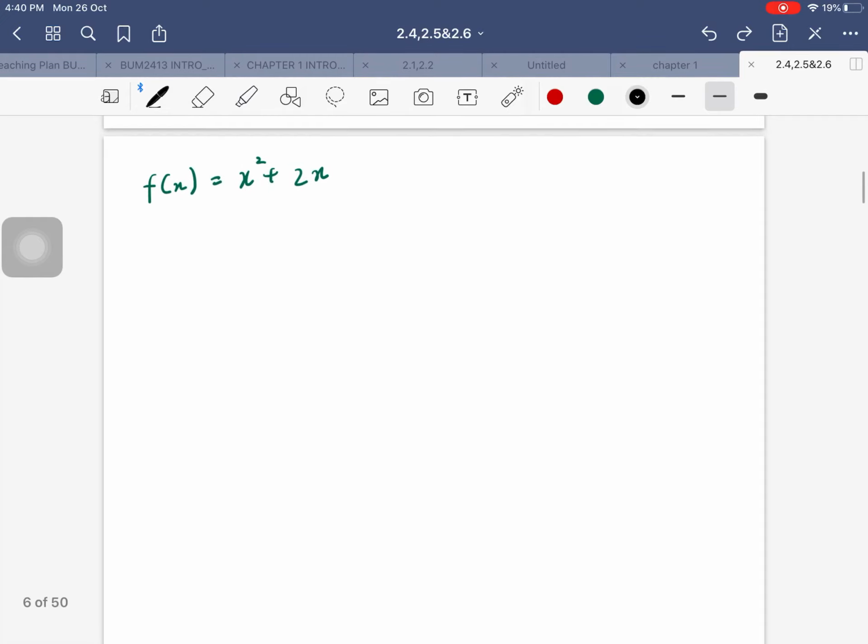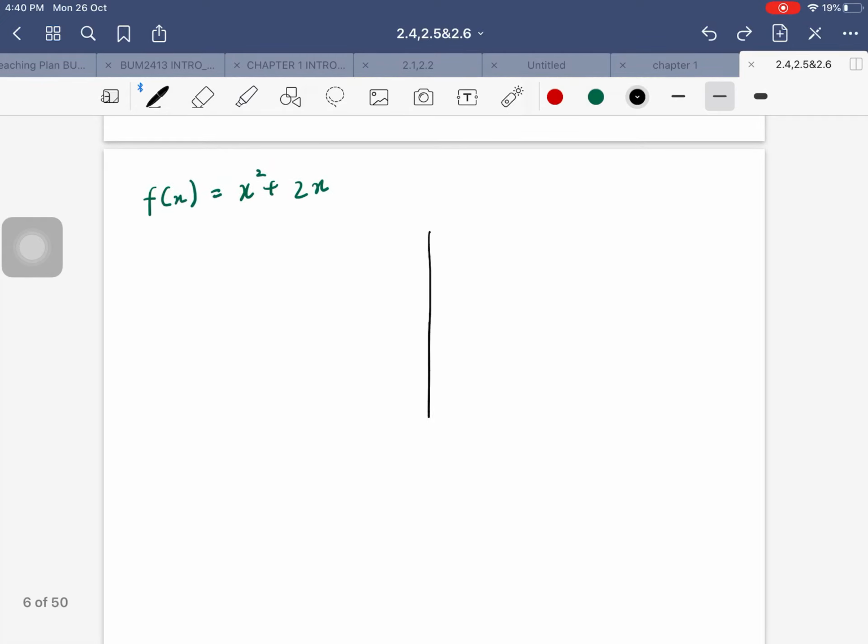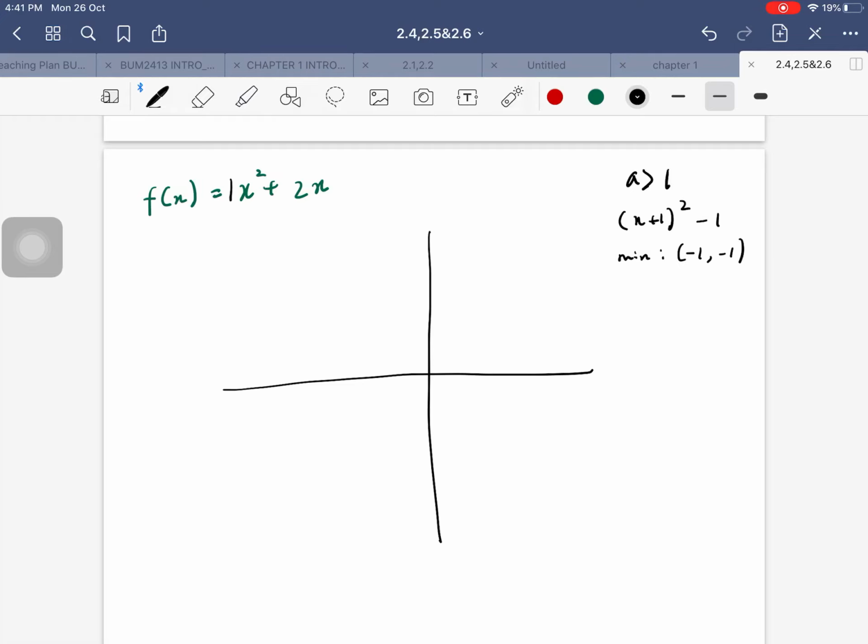So let me sketch the axis again. So let's say it's going to be somewhat like this, okay? And in terms of this, a is greater than 1. So therefore, I can actually write this as x plus 1 squared minus 1. So my minimum point, you can calculate this for yourself using the formula that I've introduced in